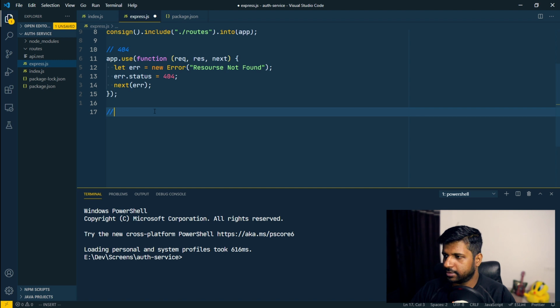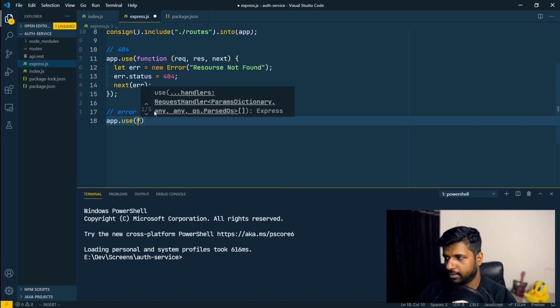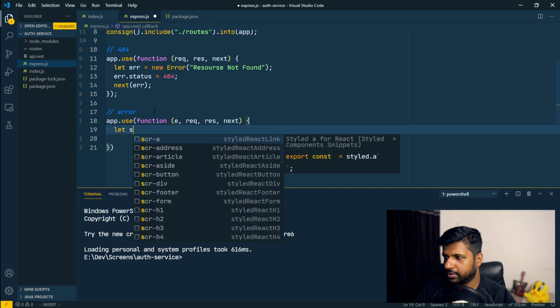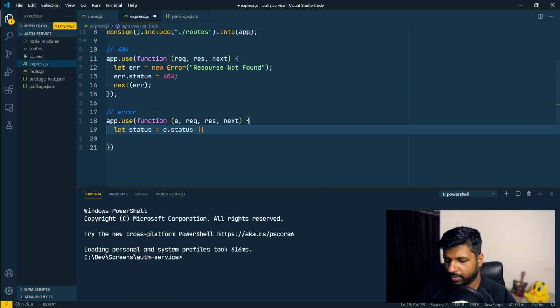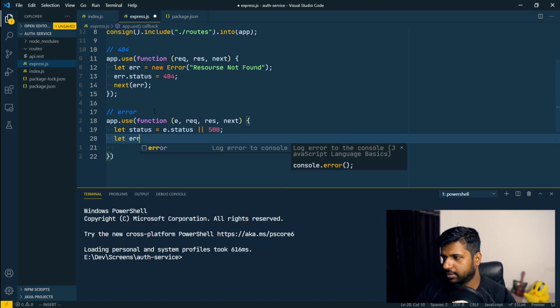So now let's handle the error cases. So basically these are the error cases, and if we find any error, we are going to write a middleware which will catch those errors and send a final response. So let's create a middleware function, and the first parameter will be the error itself, then the request, response, and next. Okay, and then we are going to say let status, and we are going to set status from the error, or we are going to set it as 500, and then we are also going to create an error object,